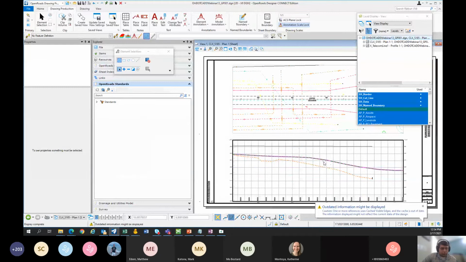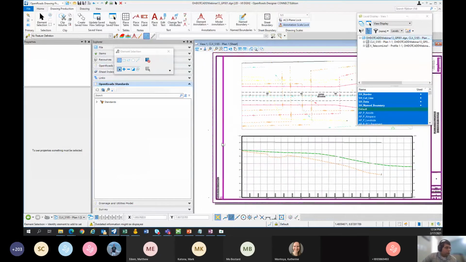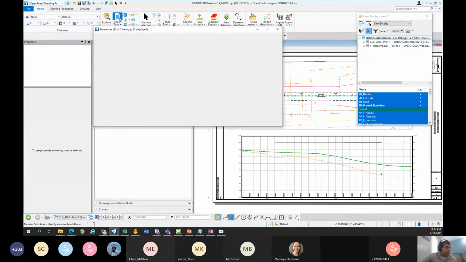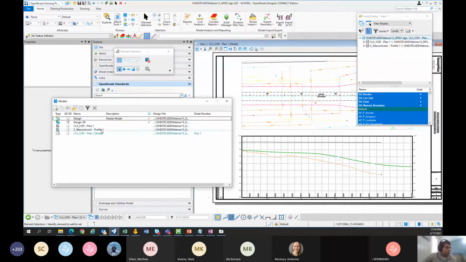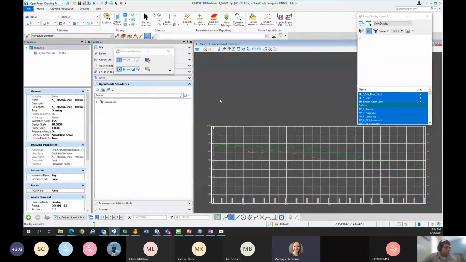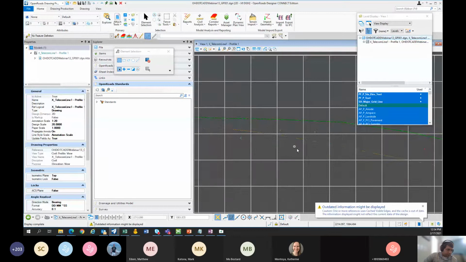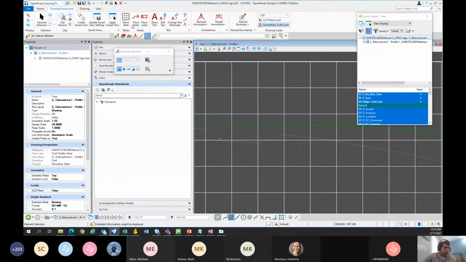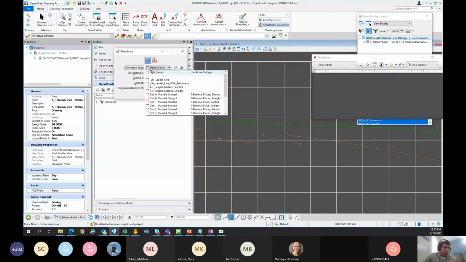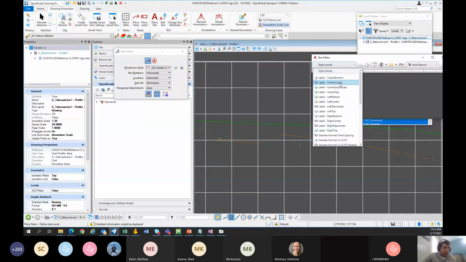What I really want to go over before time runs out is annotation. So I'm going to jump over to the drawing model, since that's where we want to do our annotation. The profile drawing model. Okay, so in here, if you use method 1, you get that one line, right? And it doesn't have any idea about utilities. So if you want to annotate that, you're left with just placing a note and choosing a style here